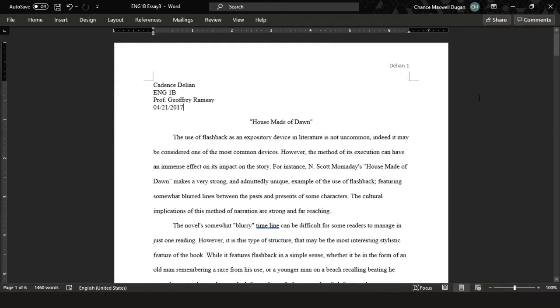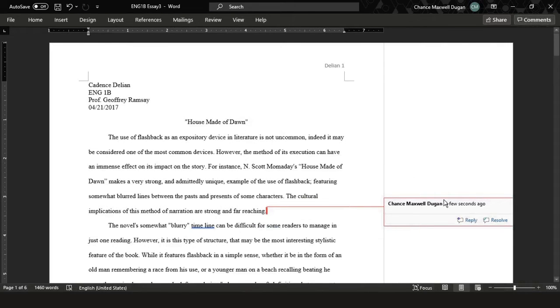So here I have an example essay, and we're going to go ahead and go through this using play-by-play. Now, you can do this in a bunch of different ways. If you've got a piece of paper, you can write down your reactions on that if you're doing an in-person session, or you can open up a second Word document or a text document and record your reactions there if you're doing it digitally. My personal preference is to use the comments tool in Word, so I just select somewhere in here and create a new comment, and I'll record my observations here at the end of the paragraph. So let's go ahead and get into it.